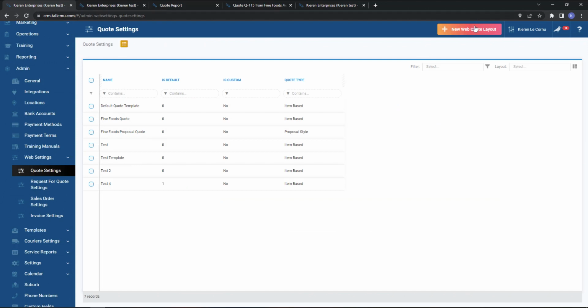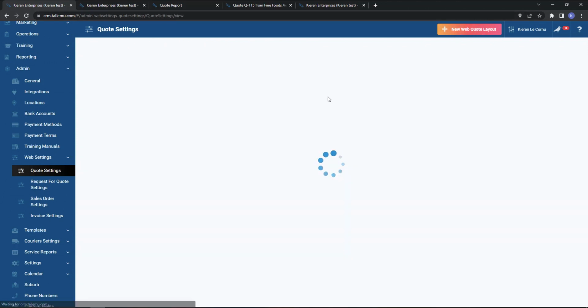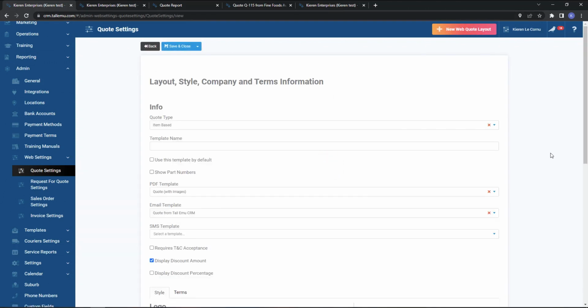To create a new web quote template, simply click on the Add button up here, and this gives us the new form. We can give the template a name, so in this case, I'm just going to call it my test template. We can pick whether or not it's our default, so I'll turn that off in this case because I've got a number of other templates in the system. So it basically means you can have different layouts, different branding styles, terms and conditions,